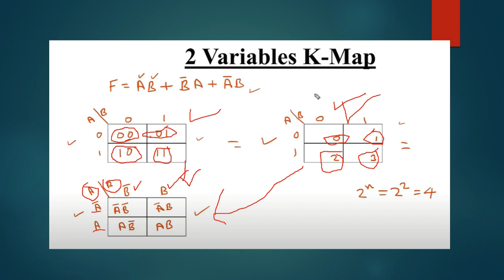Why is that? In this step you might be a little confused why I have written A bar here and why I am writing A here. The answer is, as you can see, I have written down 0, so 0 is equivalent to A bar. In SOP, sum of product representation, let me remind you one thing. In this specific problem, we are dealing with SOP. What is SOP? If you don't know, don't worry about it. We will discuss it in great detail in our next lectures.